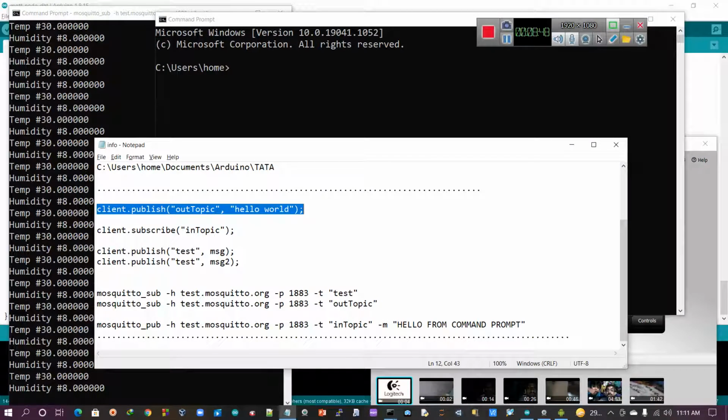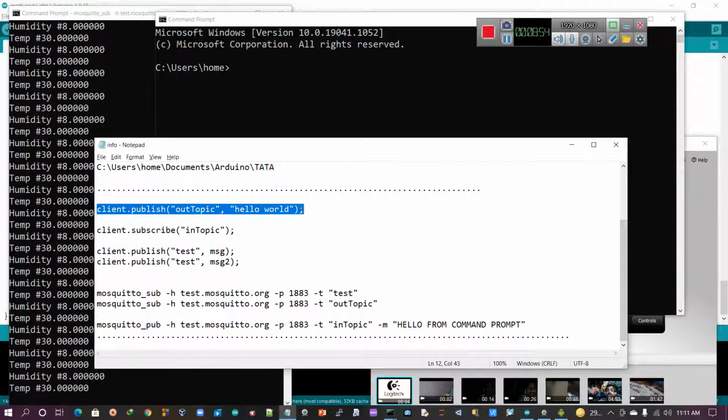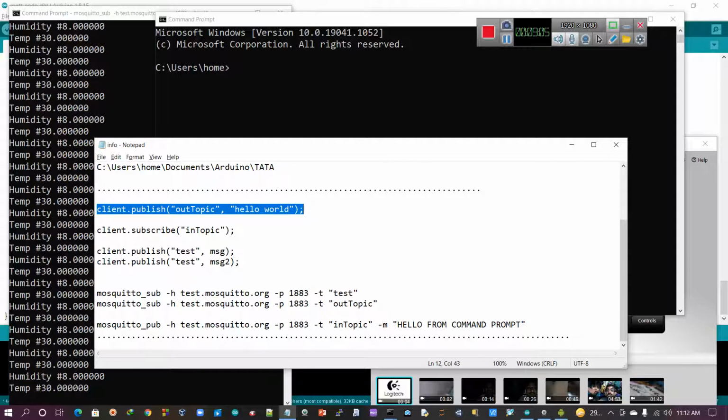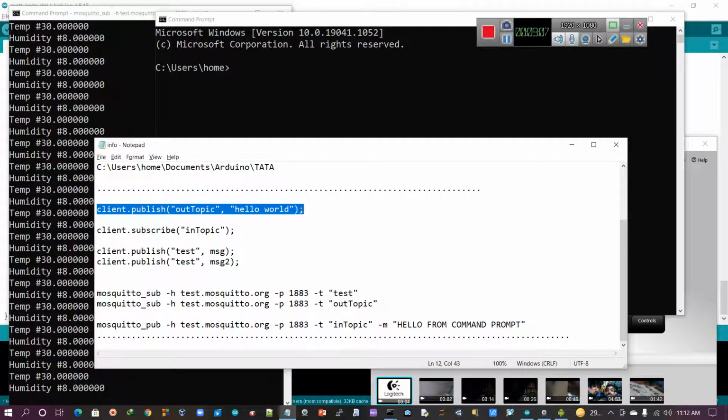I have to publish that data. This is the out topic publishing. Definitely, publishing from the outside, that NodeMCU will take that information. It will take it, but how can we visualize that? Just a minute. Out topic, hello world, publish.